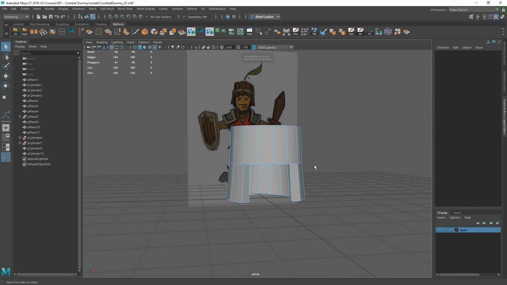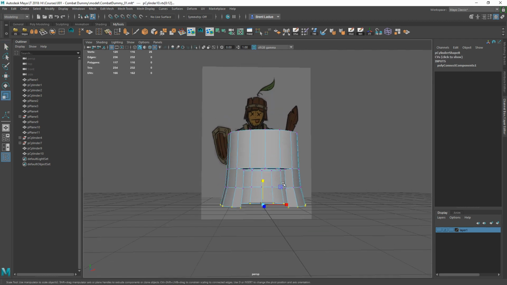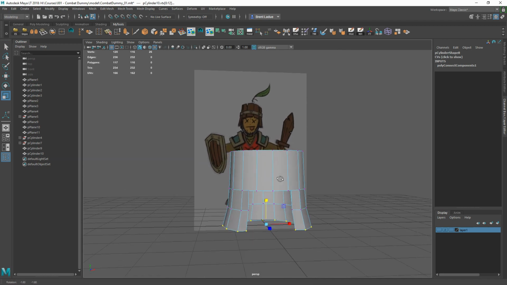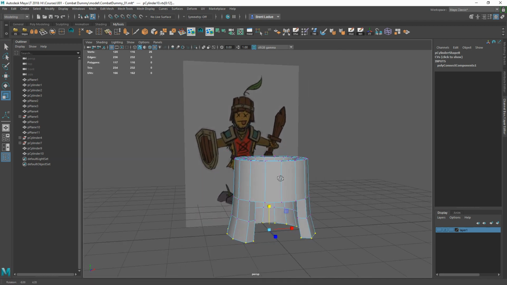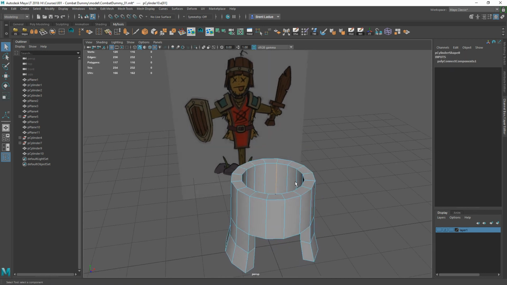Now, I like that taper that it's having, so I'm going to add one more cut and taper it out just a little more. We have that nice kind of profile. Now, let's add the part that kind of went missing here, right? So we could either add more geo and plop it in there,